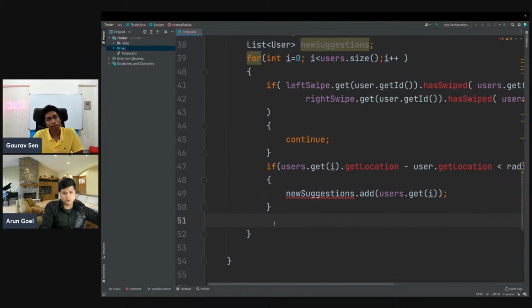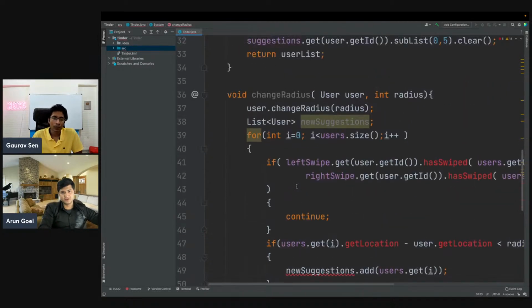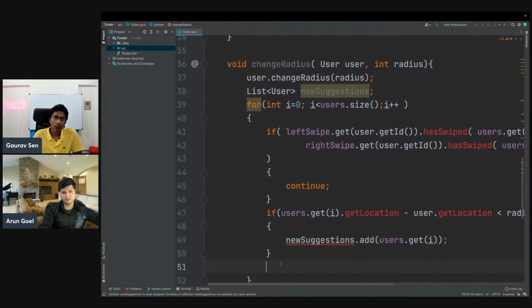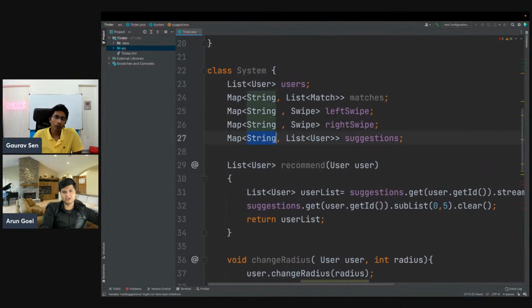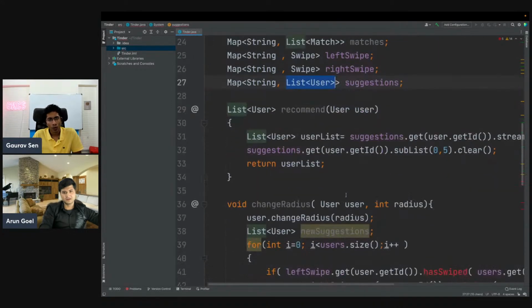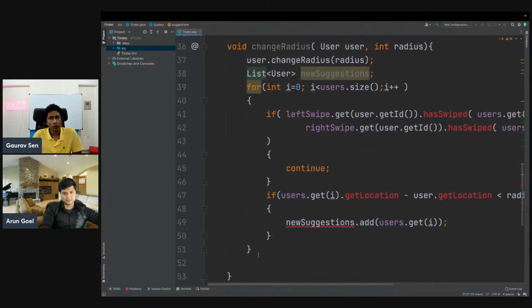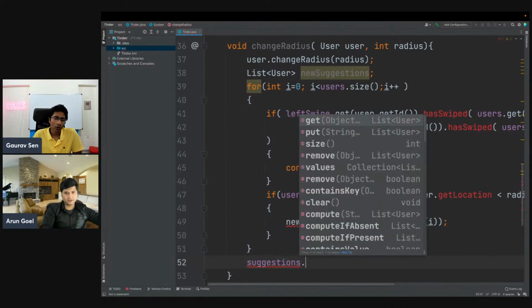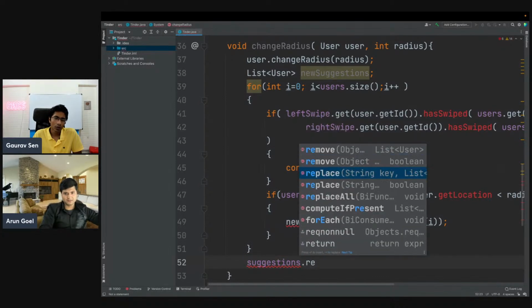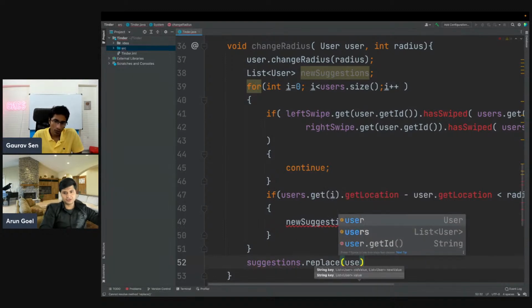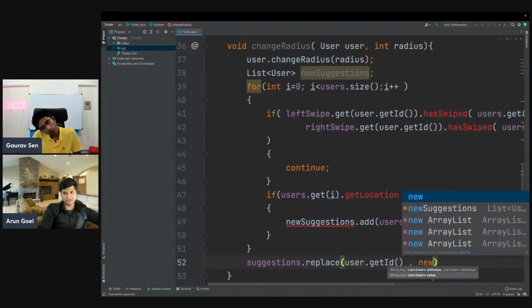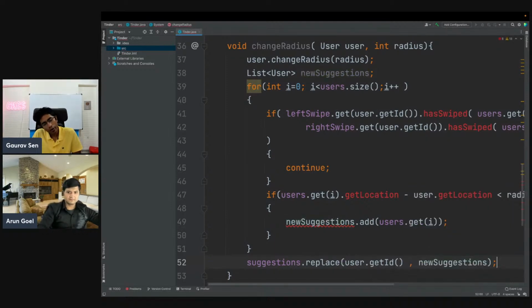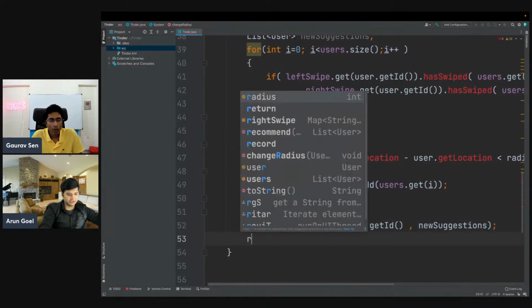Now we can replace this. The new suggestions is made, I feel, and we can replace it for this user here in the suggestions. So we can have suggestions dot replace, user dot get id comma new suggestions. Okay, and I think we're done with the